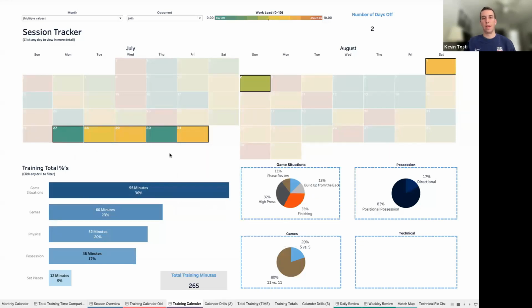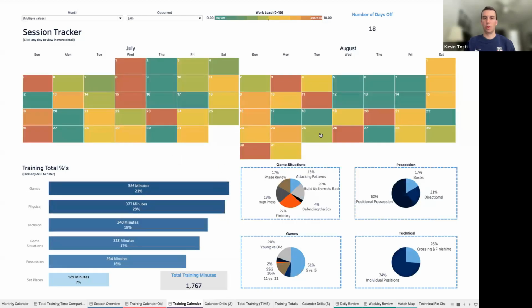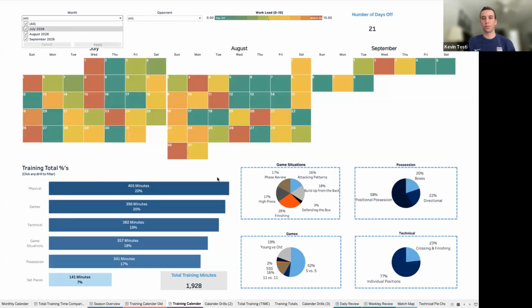And then I guess finally, the final kind of filter that we can look at is if we have it all selected and we want to look at the days, okay, maybe after these 3 months, we realize that our build up from the back wasn't so great over those 3 months, and it's an area where teams high pressed us and affected us.